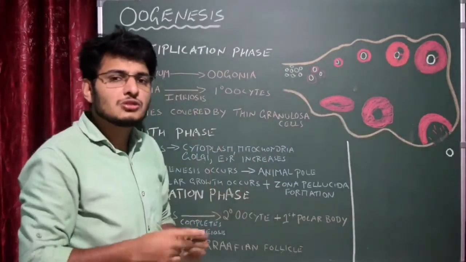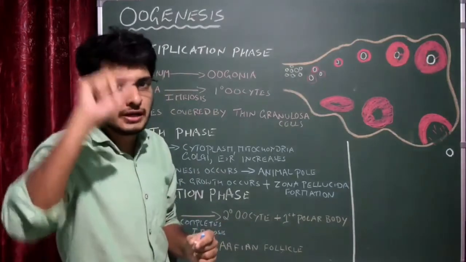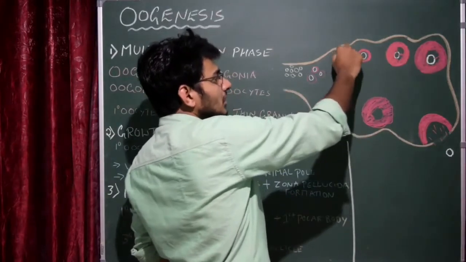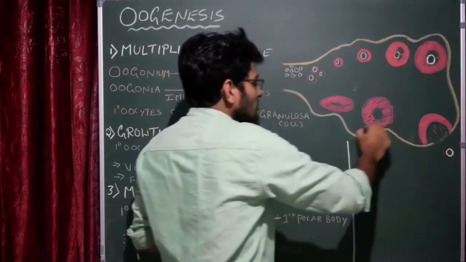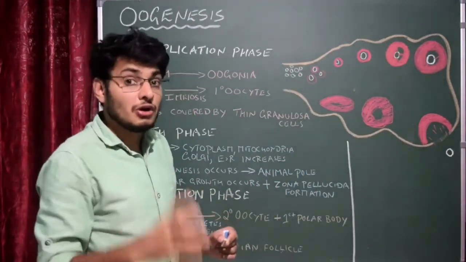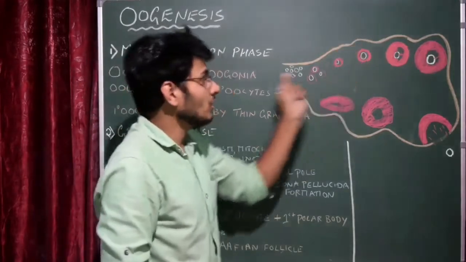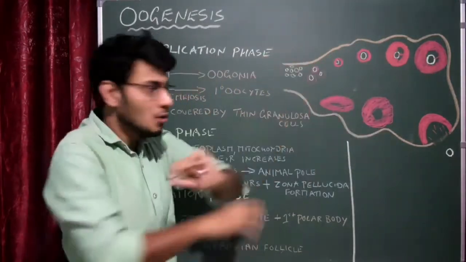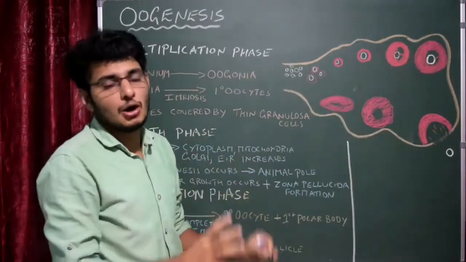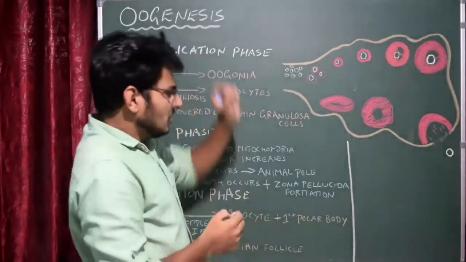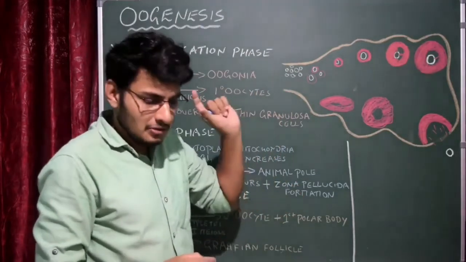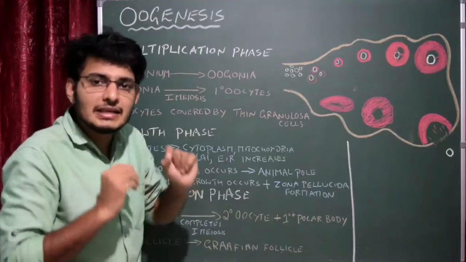The stroma is again divided into 2 compartments or layers. One layer is closest to the thin epithelium. This is the outermost layer of the stroma and we call it the peripheral cortex. The peripheral cortex is the site where ovulation, or the entire oogenesis process, takes place, whereas the center part of the ovary, or stroma, is called the inner medulla. This is the basic thing to remember. As I said, the oogenesis process is initiated before birth, so we have to see how exactly it is initiated.